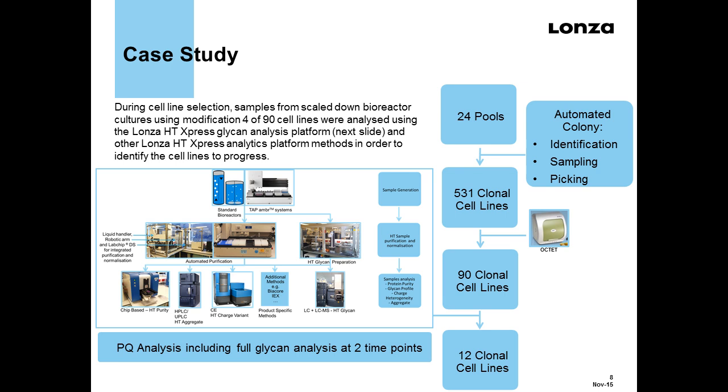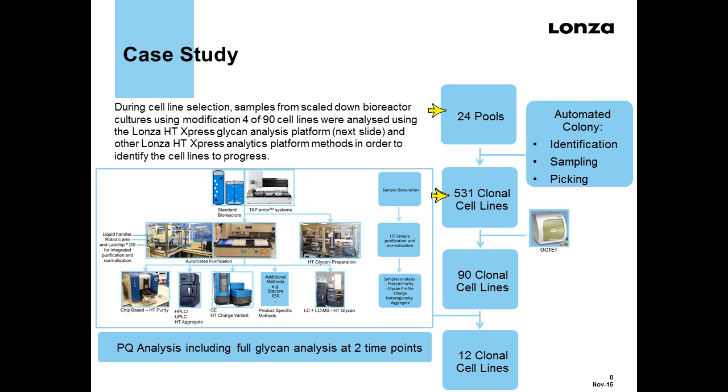Now that we had the process from stage 1, we moved on to stage 2, selection of the top 12 cell lines. For this stage, we started with 24 transfectant pools. These were sorted into 531 clonal cell lines using automated colony identification, sampling, and picking. These were then ranked by Octet for titer, and the top 90 clonal cell lines were selected for analytical screening,